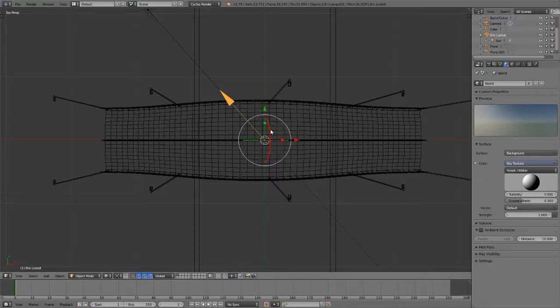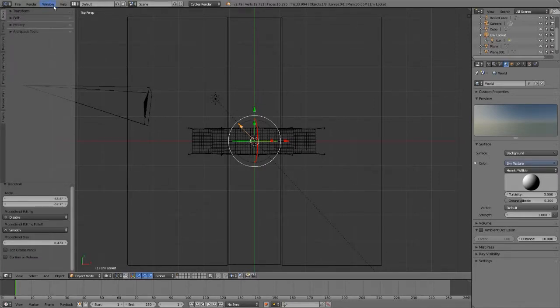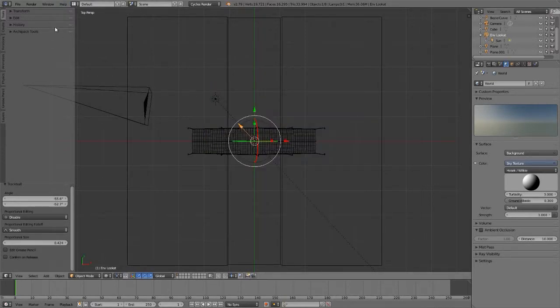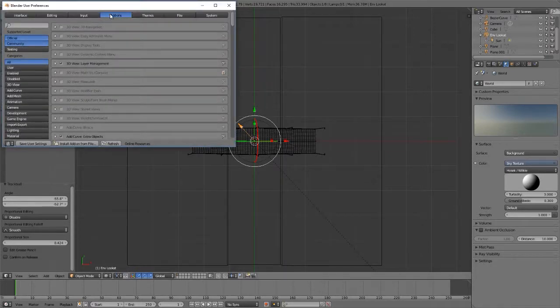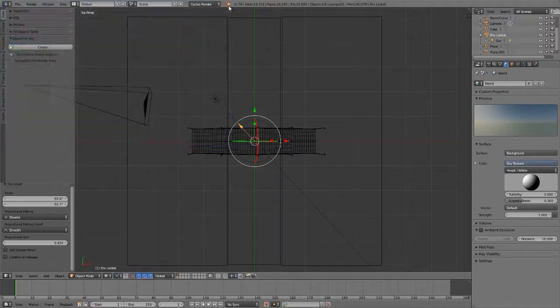So I just discovered that there's an add-on for Blender 2.79 that you can turn on and have an amazing time with. So let's go to User Preferences, Add-ons, Lighting, and the only option available right now is a Dynamic Sky. Turn it on, exit User Preferences, and now a Dynamic Sky could not be found